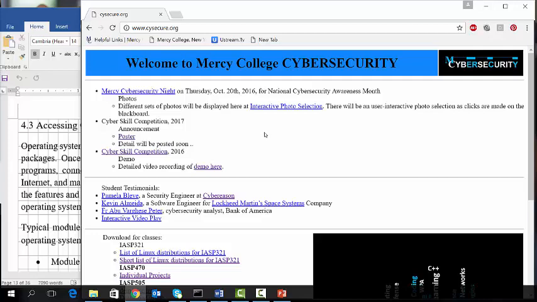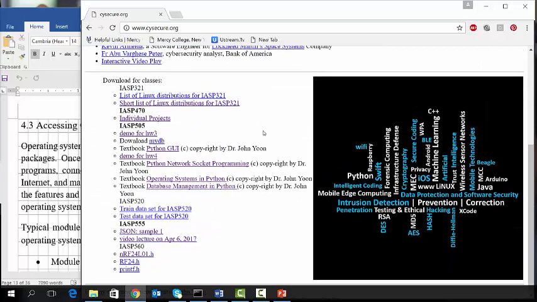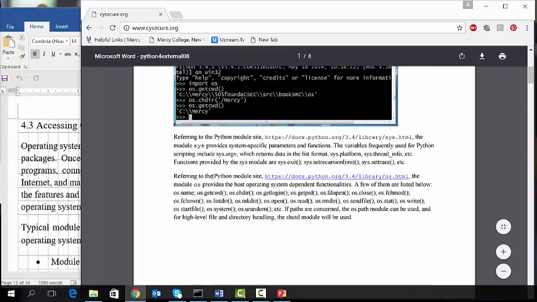So this is scicecure.org. There, for this class, IASP 505, the last 3 text chapters are linked to this place. So you can check out operating systems in Python, network socket programming in Python, and also database management in Python. So for the rest of this class, the textbooks are available here. Okay. So if you click, for example, this, then you can get